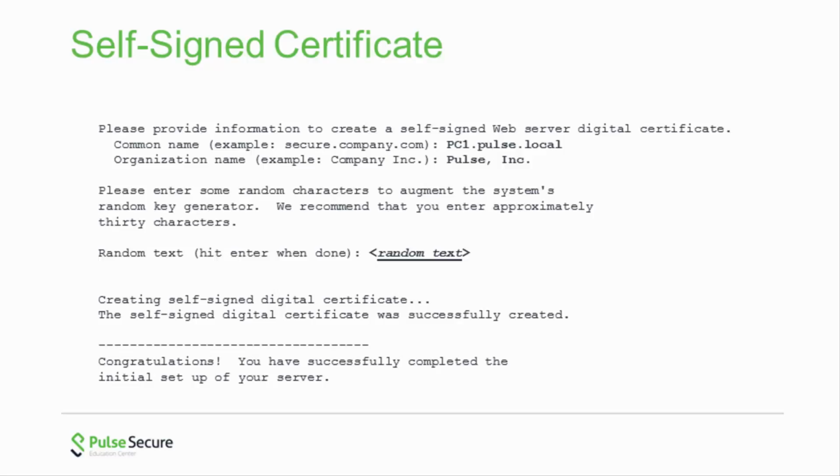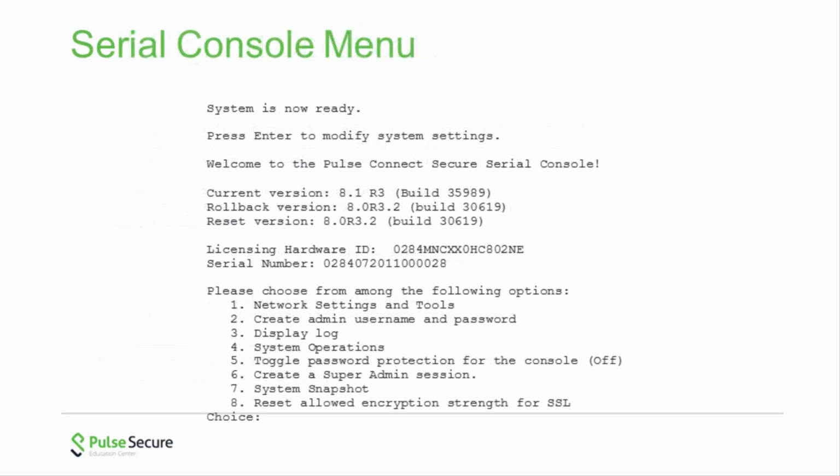The private key is stored, encrypted, on Pulse Connect Secure and is not accessible. Once the initial configuration is complete, you can use the admin UI to create the CA signed certificate for Pulse Connect Secure. When you finish the initial configuration procedure, the system saves your settings and places you at the Serial